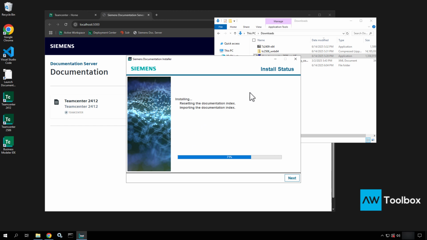But that's in the case that you need to edit it. So in a minute, you'll see it pop up and we'll be able to navigate that help documentation. All right, it's jumped up to 100% now, and we're just waiting on it to finish up. It is taking just a bit longer on this machine than what I'm used to, but it is a bigger